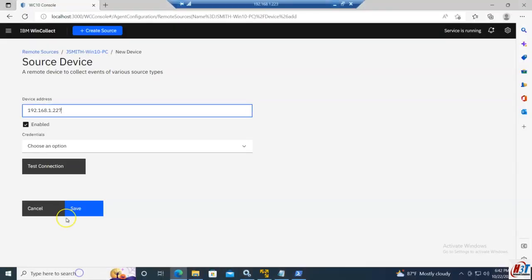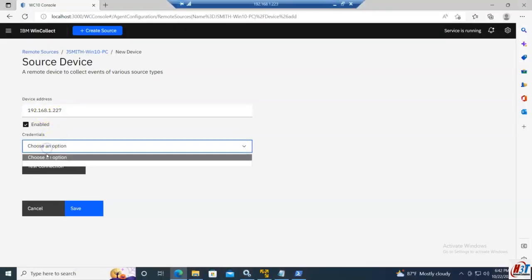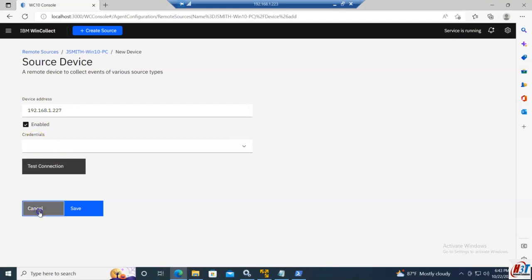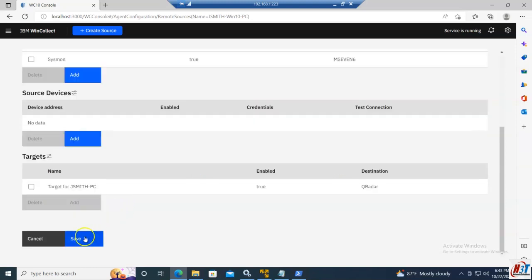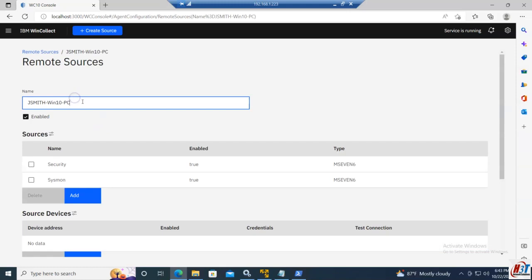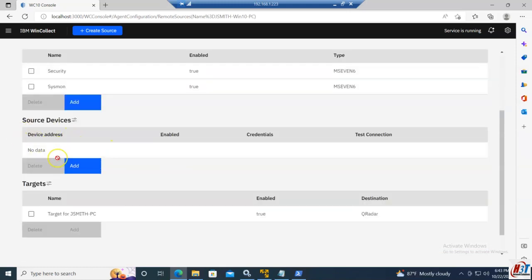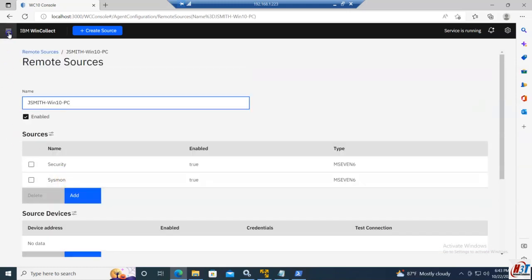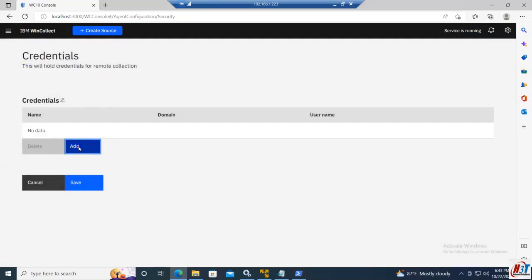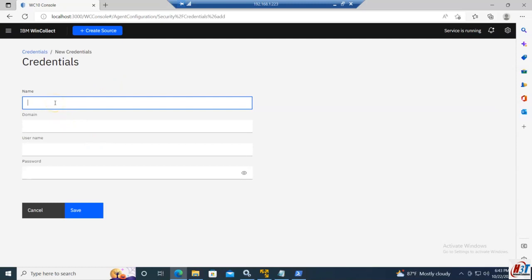So here I will put the IP, choose an option for credential. Actually, we need to define the credential before coming here. So I will cancel this one. I will press save. Sometimes it tells you that you need to define some source device. Okay, so let's define the credentials. We'll add one credential for John Smith PC